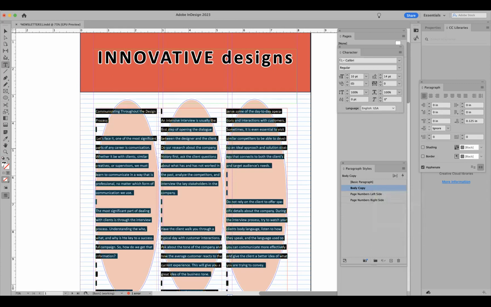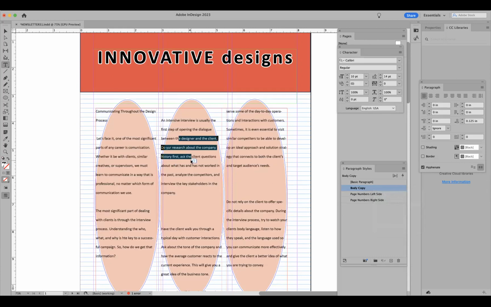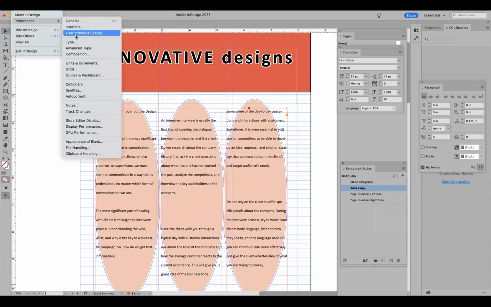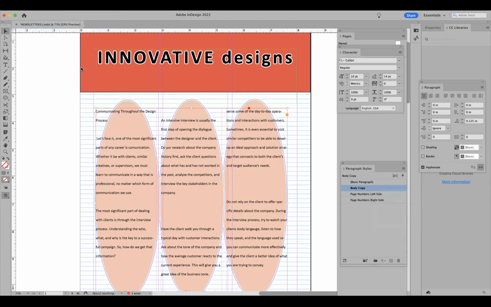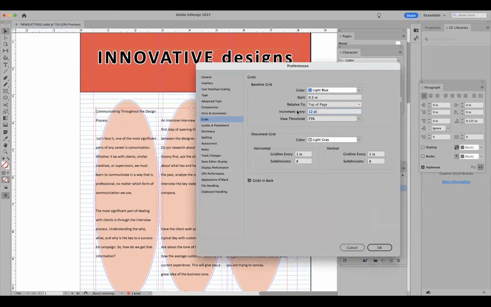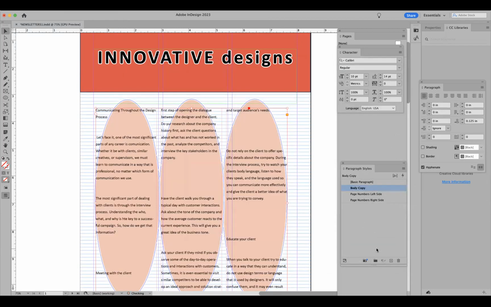All right, so the only thing I see is your body copy is kind of spaced out a little bit too much. So I'm going to go up to InDesign, on your menu bar, Preferences, and we're going to go to your grids, and we're going to lower this point value, this increment every 12. We're going to try 9 and say okay. And that's going to adjust where this aligns on a grid,